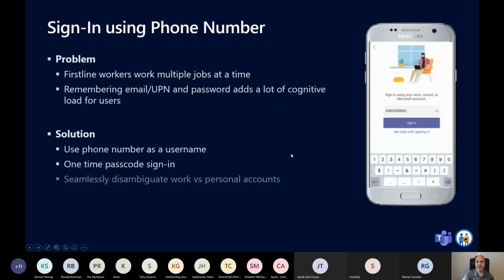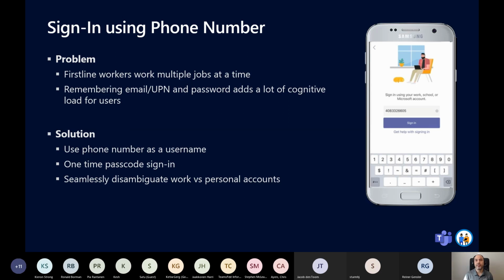Single sign-in with phone numbers. We all forget passwords, right? This is very common. But phone numbers are typically remembered more frequently. One of the problems is that if you're sharing a device, or let's say you're a first-line worker working in different locations and every one of them gives you a different username and password, it's hard to remember.